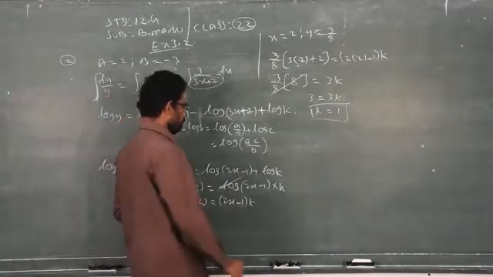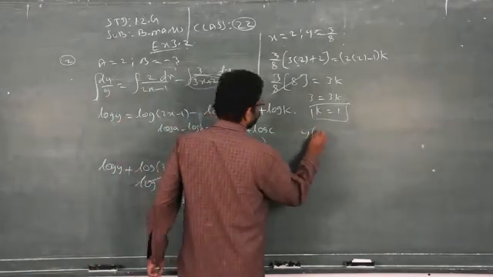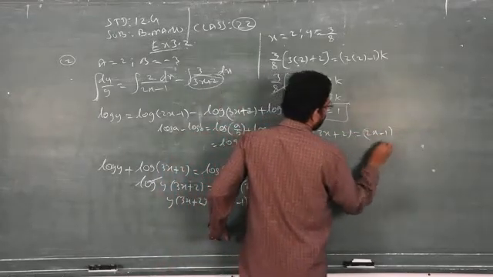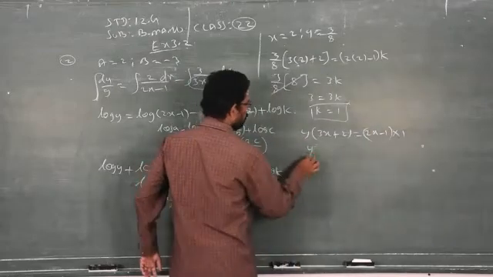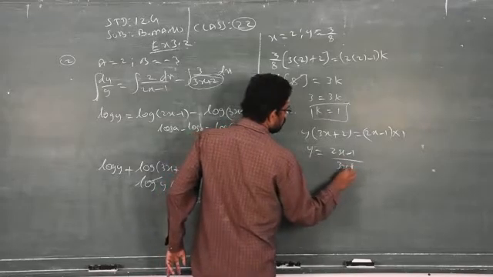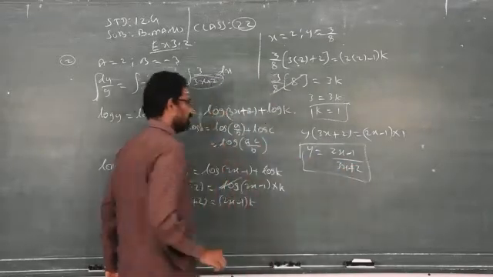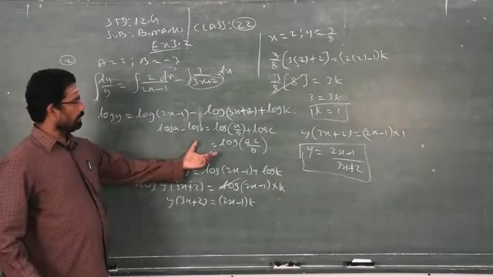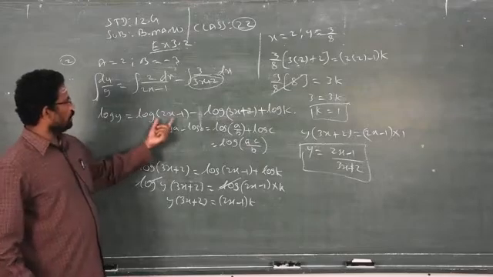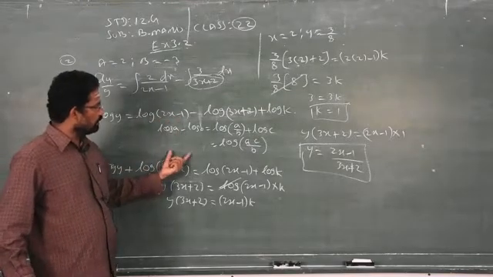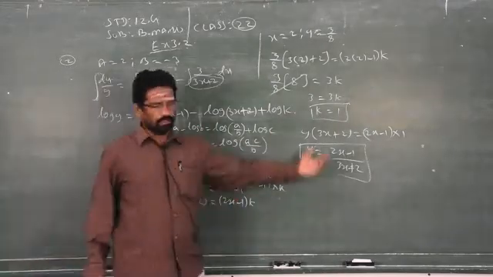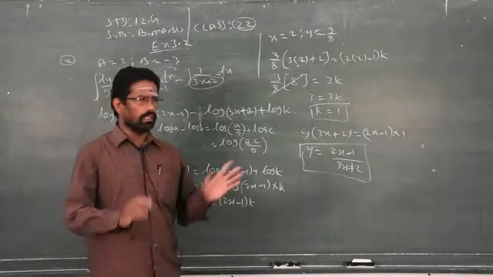You have to replace k by 1. So now your y is equal to (2x - 1) by (3x + 2). This is your required answer. Clear. So even if you apply this formula, you will get the answer. Straight away keep this: log y is equal to log (2x - 1) by (3x + 2) into k. If you proceed in this format also, you will get the same answer. So don't think that you will get a different answer.